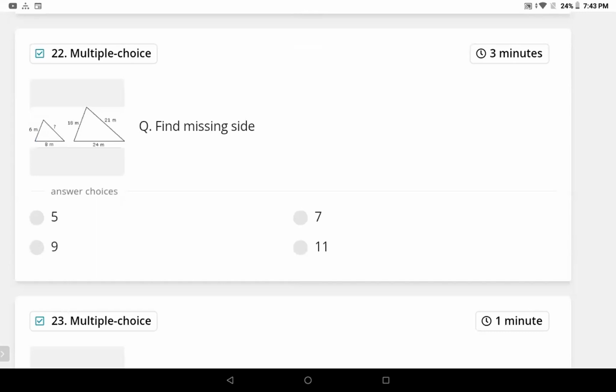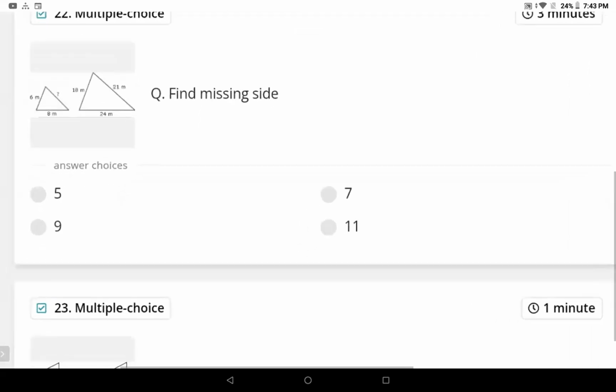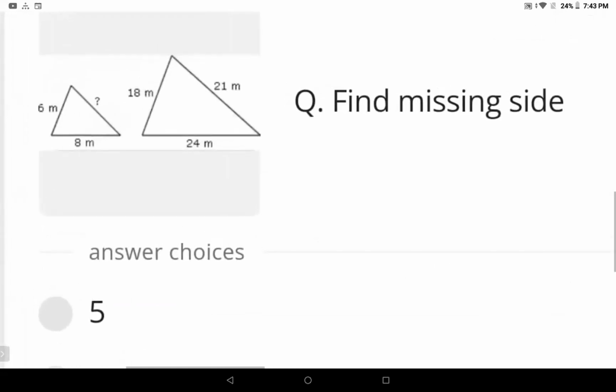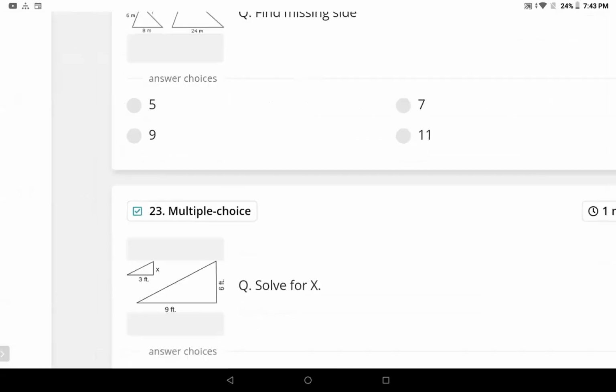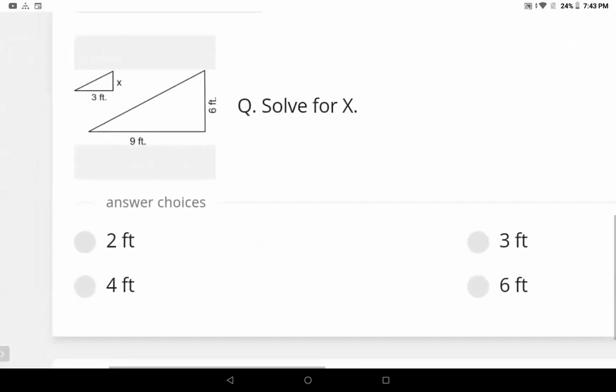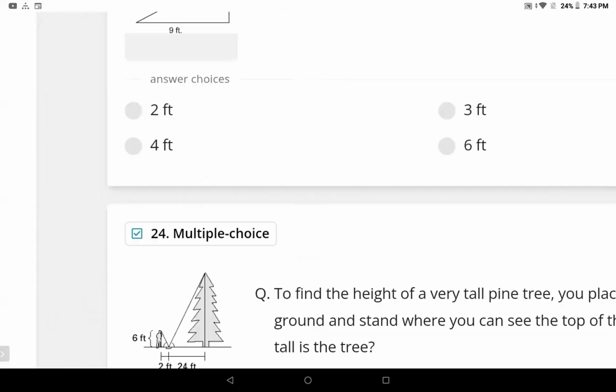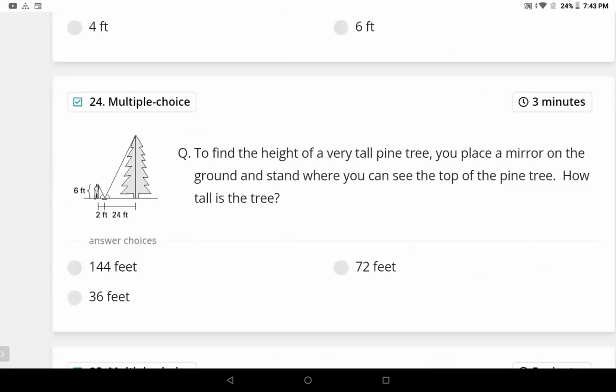Next, this is another similar figure. Find the missing side. What is missing here? 3 times 18, 3 times 21. Right, children? It's a very simple question. If you know similarities, you can easily find out the unknown things. Children, there are many applications. That's why I put many questions on this; if you know this very well, you can do the application part more easily. Next question, x is 6 feet and 2 times 2 feet, right? Right, 2 feet. This is one more wonderful application.